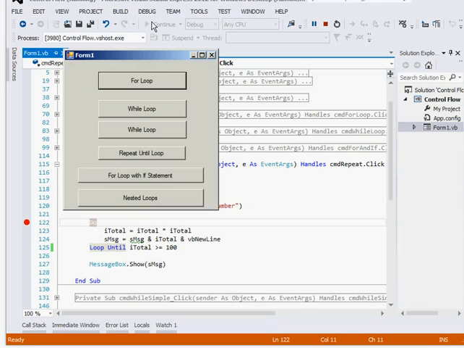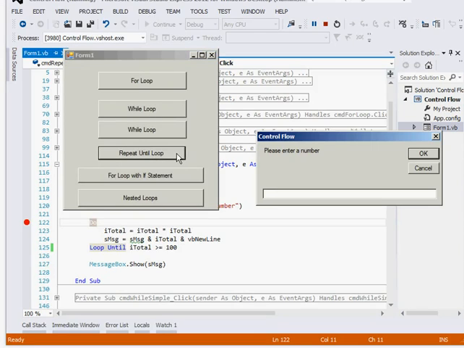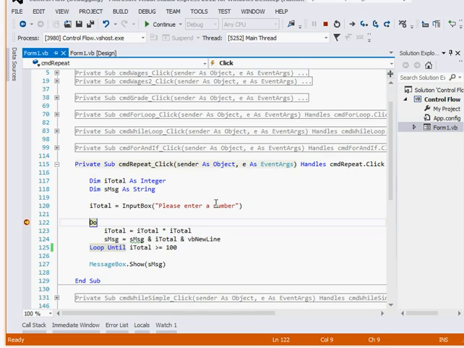Got my breakpoint on already. Going to put in my number, so it does the same thing as the previous program, or almost. 2 goes into the iTotal variable, and you'll notice that in VB.NET it's not called a repeat until loop. You've got to use the do loop, and at the end it says loop until. So it does the same job, it's just worded differently. So iTotal starts off as 2,